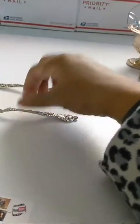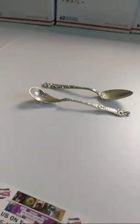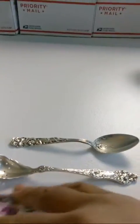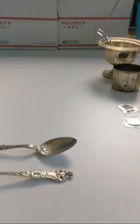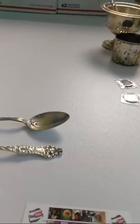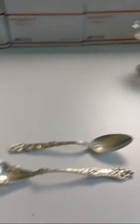Now, another place, and I have gotten incredibly lucky with this on several occasions. Now that I'm about to give you this tip, obviously, I probably will never get lucky again with this particular tip that I have for you. So, these came from a sale that we went to a while ago. So this was not this weekend, but it was a while ago, and I remember saying,